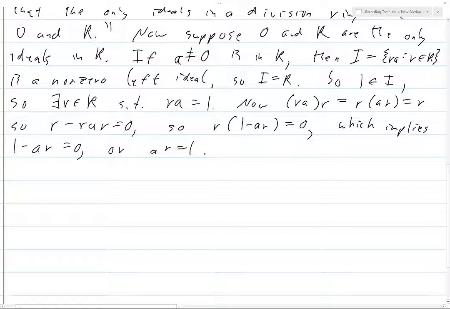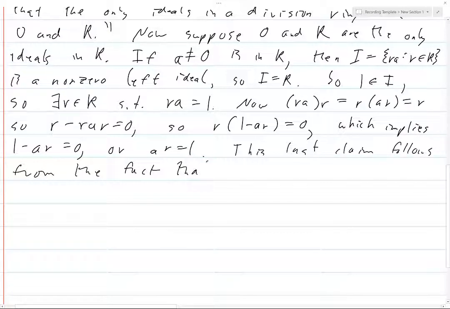We need this last claim, which follows from the fact that if ab equals 0 and a and b are non-zero, wow, that is a fact, and a and b are not 0,